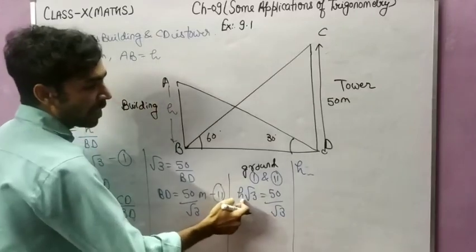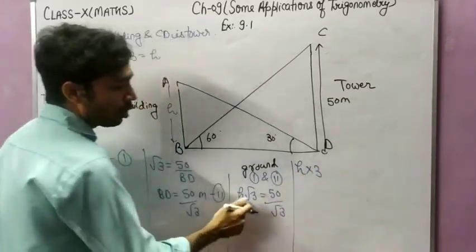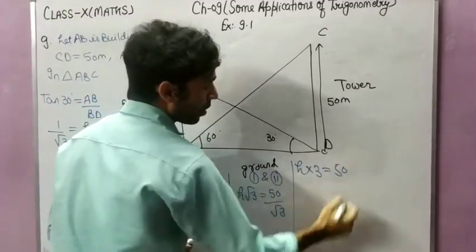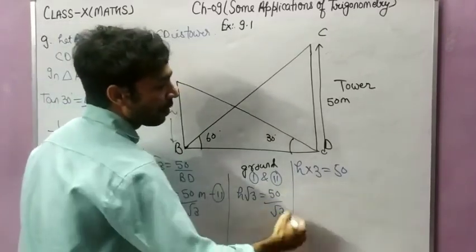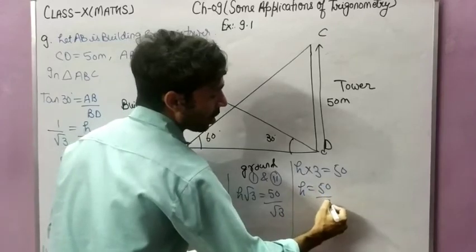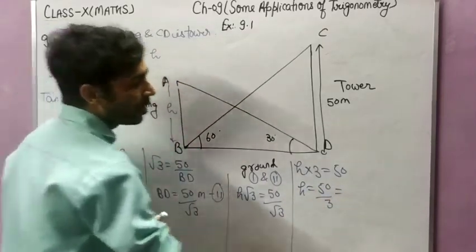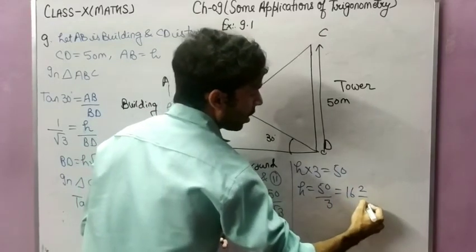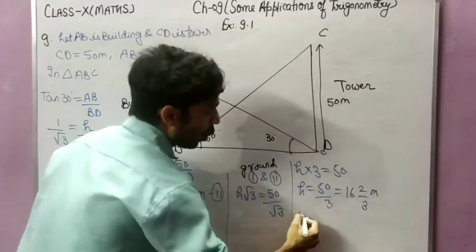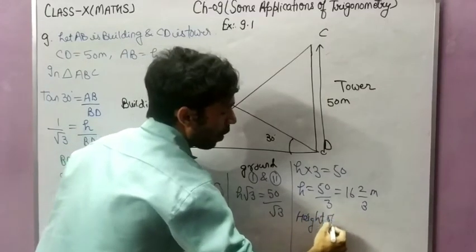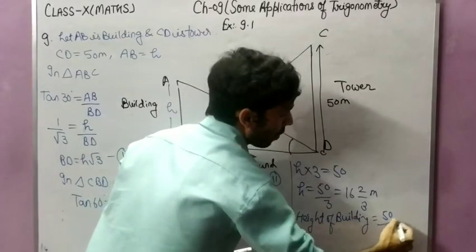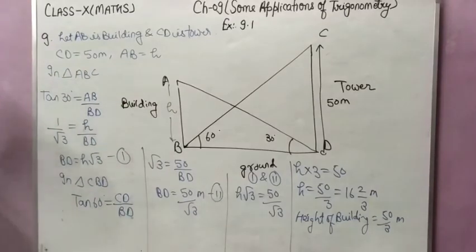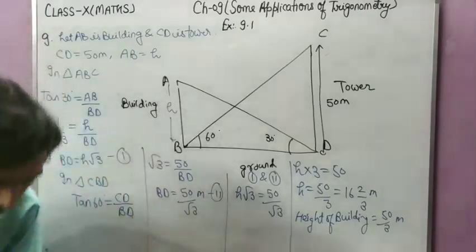See, when root 3 is multiplied here, it will become 3 only, because root 3 into root 3 is 3, and when this is multiplied to this side, root 3 into root 3 will become 3। So H into 3 will be 50, so H will be equal to 50 by 3, or in mixed fraction you can also write 16 whole 2 by 3 meters। So the height of the building will be 50 by 3 meters, ठीक है। So that will be your answer। Very simple, if you are able to draw the diagram then you can easily solve, okay।